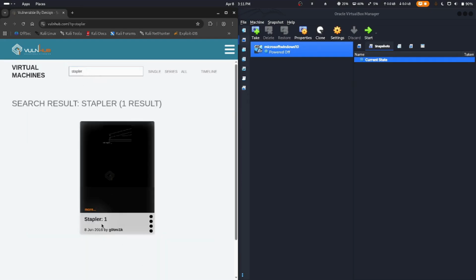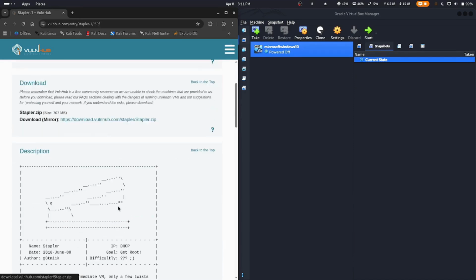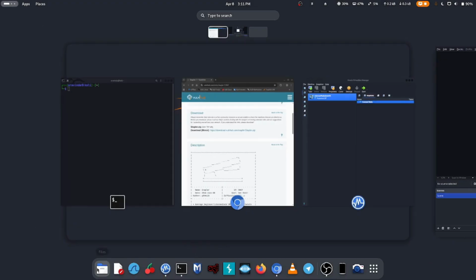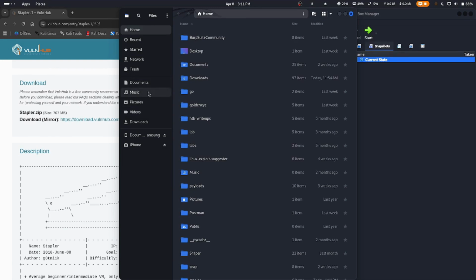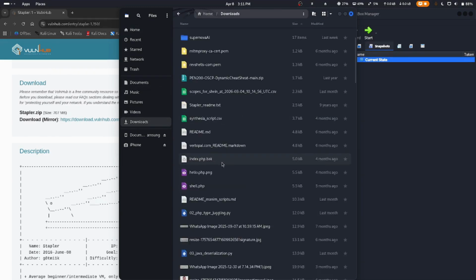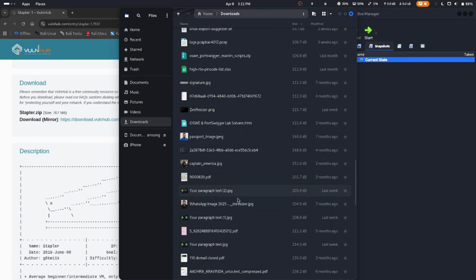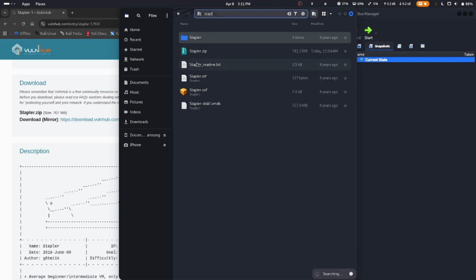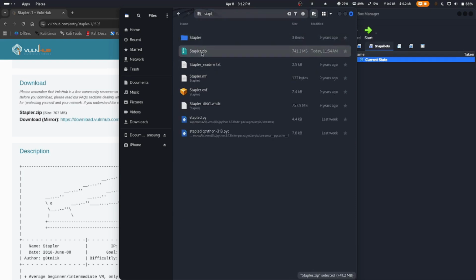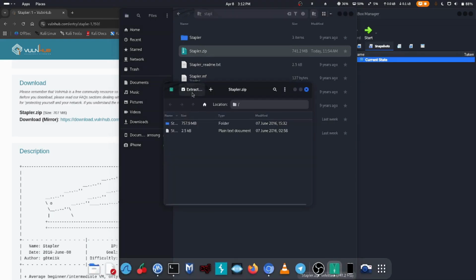and click on this link and click on the download mirror link, and your zip file will be downloaded. Once you find the zip file, open up your files and go to downloads and extract your zip file. So let's search for Stapler and unzip your zip file. I have already unzipped it, and yeah, you need to extract it